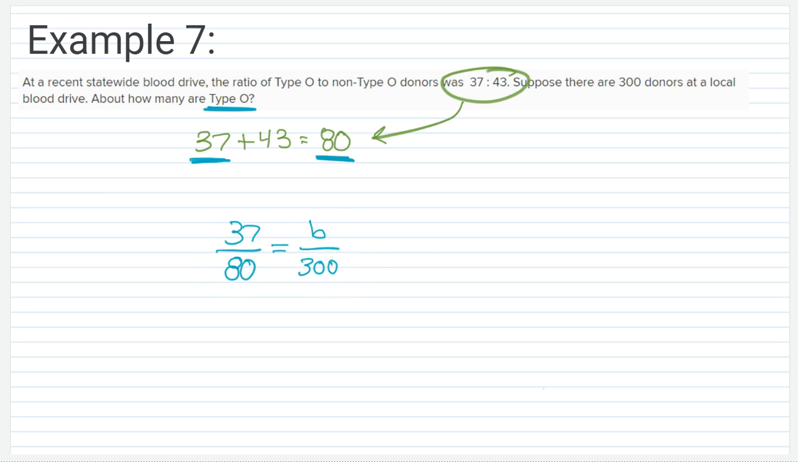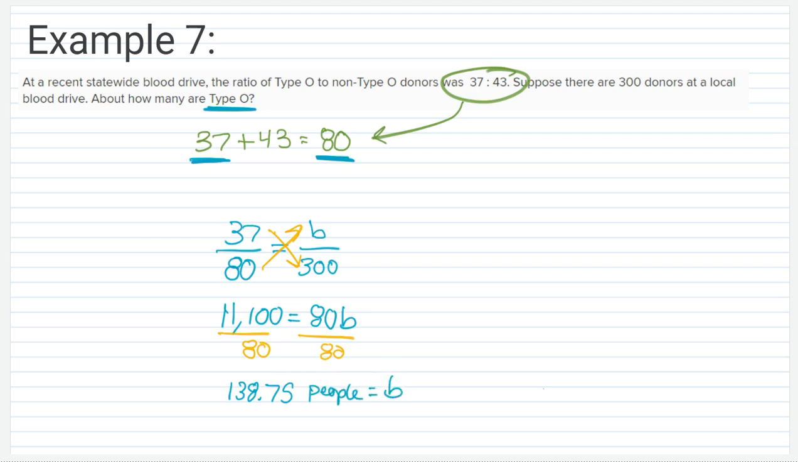Once I have my proportion set up, I'm going to go ahead and do my cross products. So we're going to do 37 times 300 and then 80 times B. So 37 times 300 is going to give me a grand total of 11,100, and then 80 times B is just 80B, and then we're going to divide both sides by 80 and find out that we get an answer of 138 and 75 hundredths people or donors for those that are